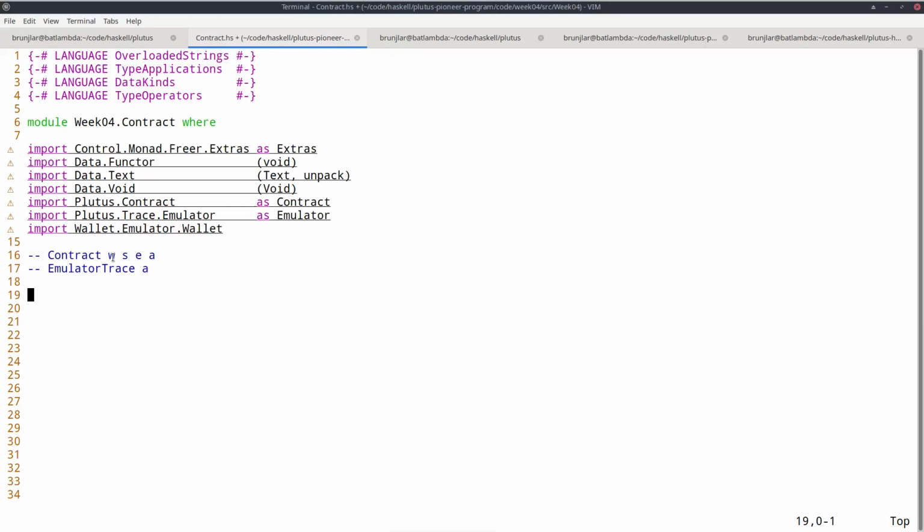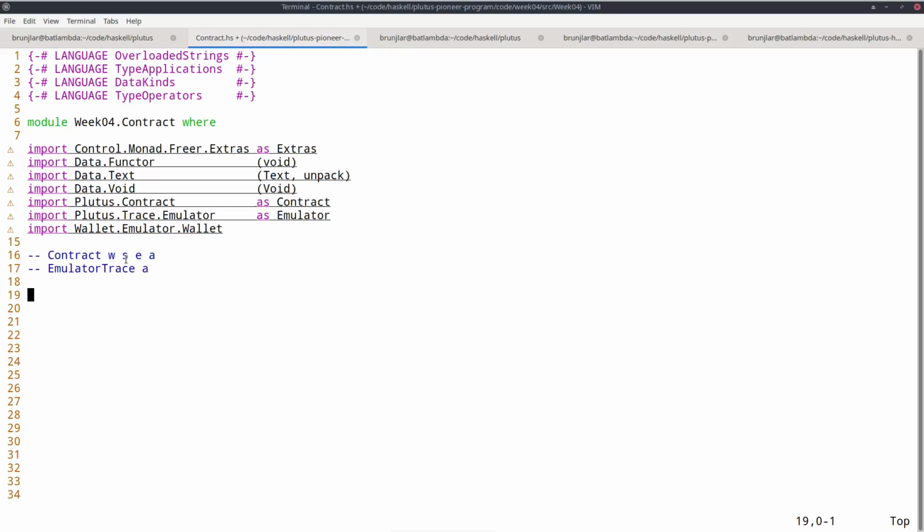So the w is like in the writer example I gave you. So it allows a contract to write log messages of type w. So in our example of the writer, it was just list of strings, but here you can specify some w. And I did say log messages, but the purpose is not really logging. The purpose is to communicate between different contracts. So the written w is visible from the outside. So this is a way for a contract to pass information to other contracts or to the outside world.